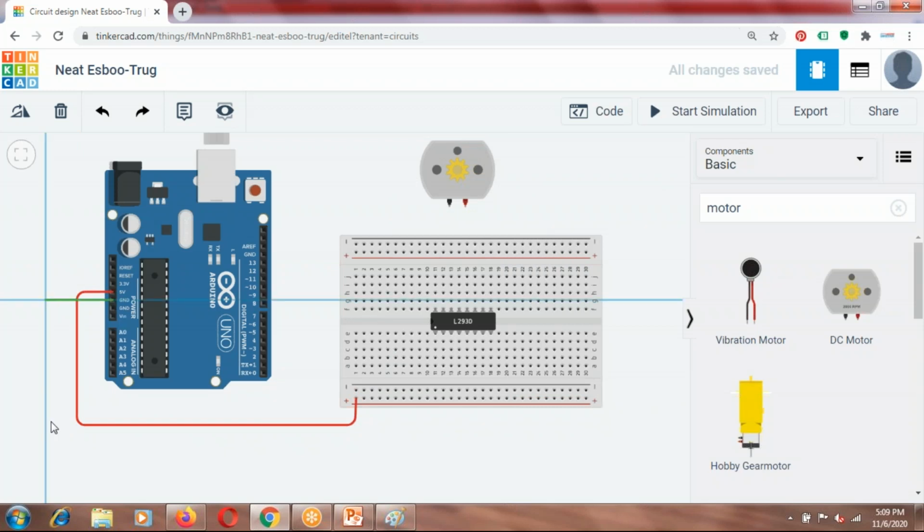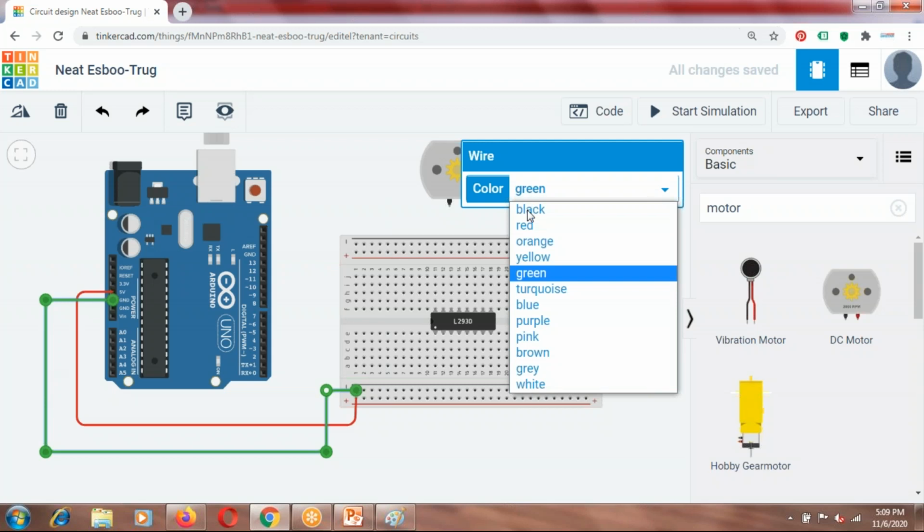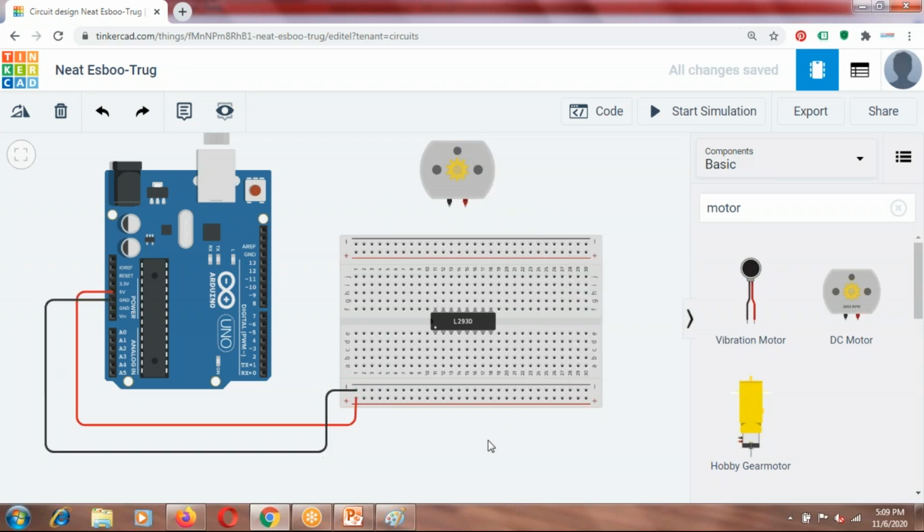And let's make the second terminal on this breadboard the ground. So whoever requires ground will just take ground from here. Let's make it black in color.